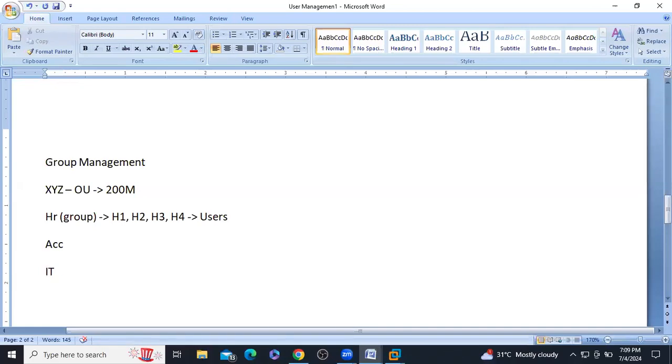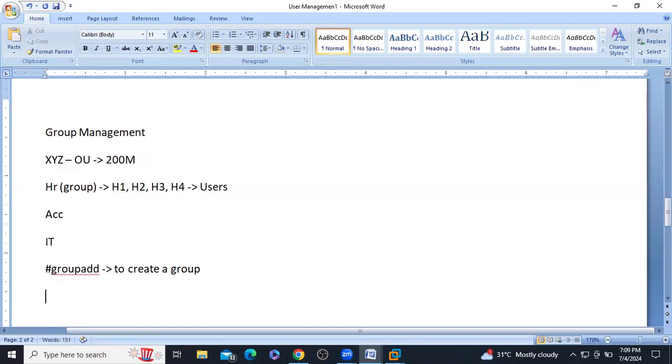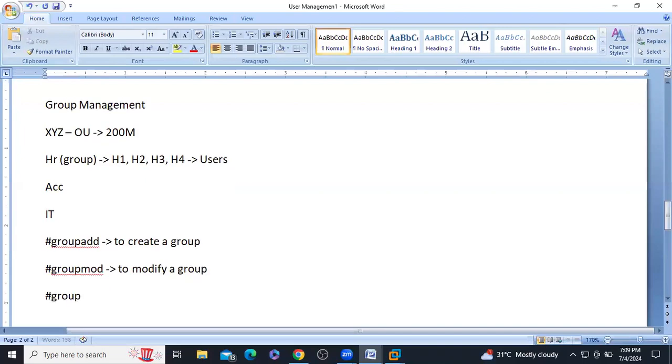So coming to group management, we are going to use four commands. groupadd is a command to create a group. groupmod is a command to modify a group. groupdel is a command to delete a group.